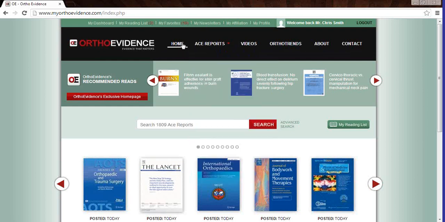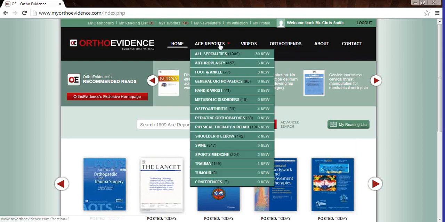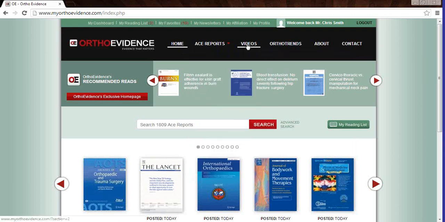So there's a Home button, which will always bring you to Home, an ACE Reports button, which will allow you to browse ACE Reports by specialty, a Videos button, which will take you to the educational videos that are on Ortho Evidence, the Ortho Trends button, which shows you which are the most popular ACE reports for a given time frame, the About Ortho Evidence section, which just gives you a little bit more information about Ortho Evidence and our process. And finally, a contact button where you can contact us at any time and we'll gladly answer any of your